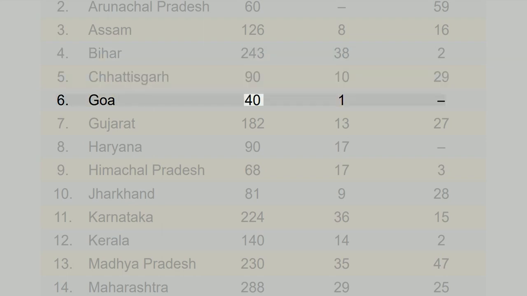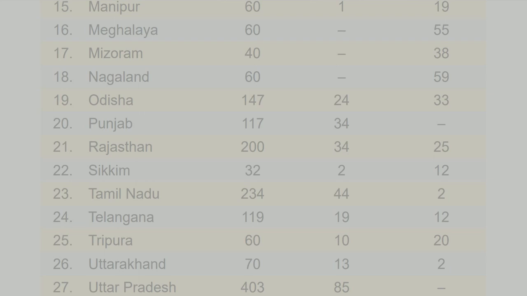6. Goa 40, 1, 7; 7. Gujarat 182, 13, 27; 8. Haryana 90, 17; 9. Himachal Pradesh 68, 17, 3; 10. Jharkhand 81, 9, 28; 11. Karnataka 224, 36, 15; 12. Kerala 140, 14, 2; 13. Madhya Pradesh 230, 35, 47; 14. Maharashtra 288, 29, 25; 15. Manipur 60, 1, 19; 16. Meghalaya 60, 55; 17. Mizoram 40, 38; 18. Nagaland 60, 59; 19. Odisha 147, 24, 33; 20. Punjab 117, 34; 21. Rajasthan 200, 34, 25;